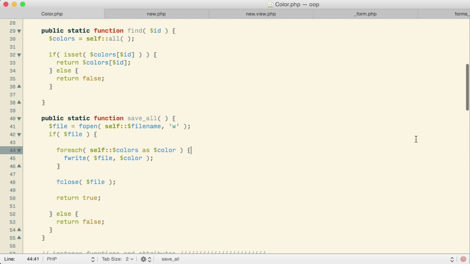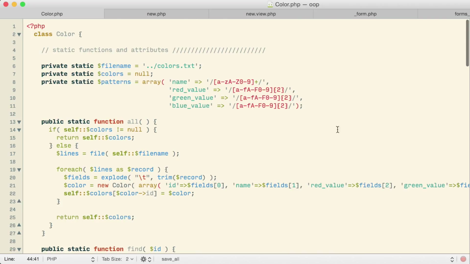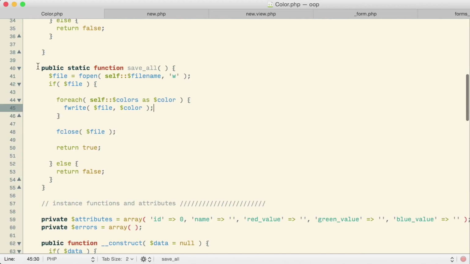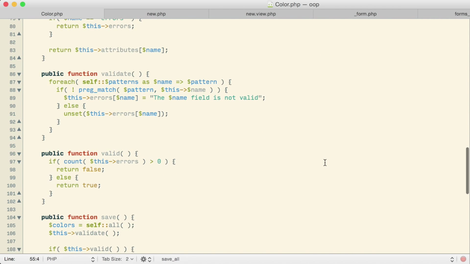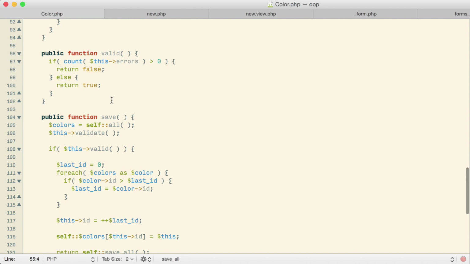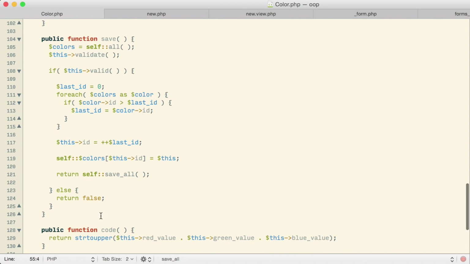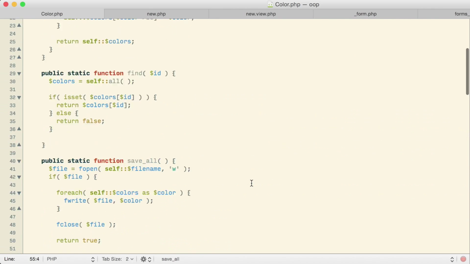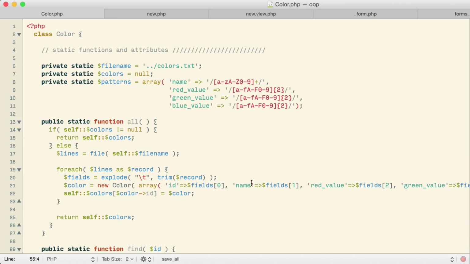We've definitely added quite a bit over here to our color class. The color class now has the patterns that are used for validating colors stored in it. We also now inside the color class have the ability to save an entire collection of colors. We also have added to each individual color object the ability for it to validate itself, report whether it's valid or not, and the ability to trigger a save for itself. So quite a bit added there to our color class. That was definitely a lot of work, and it's by no means not complicated.